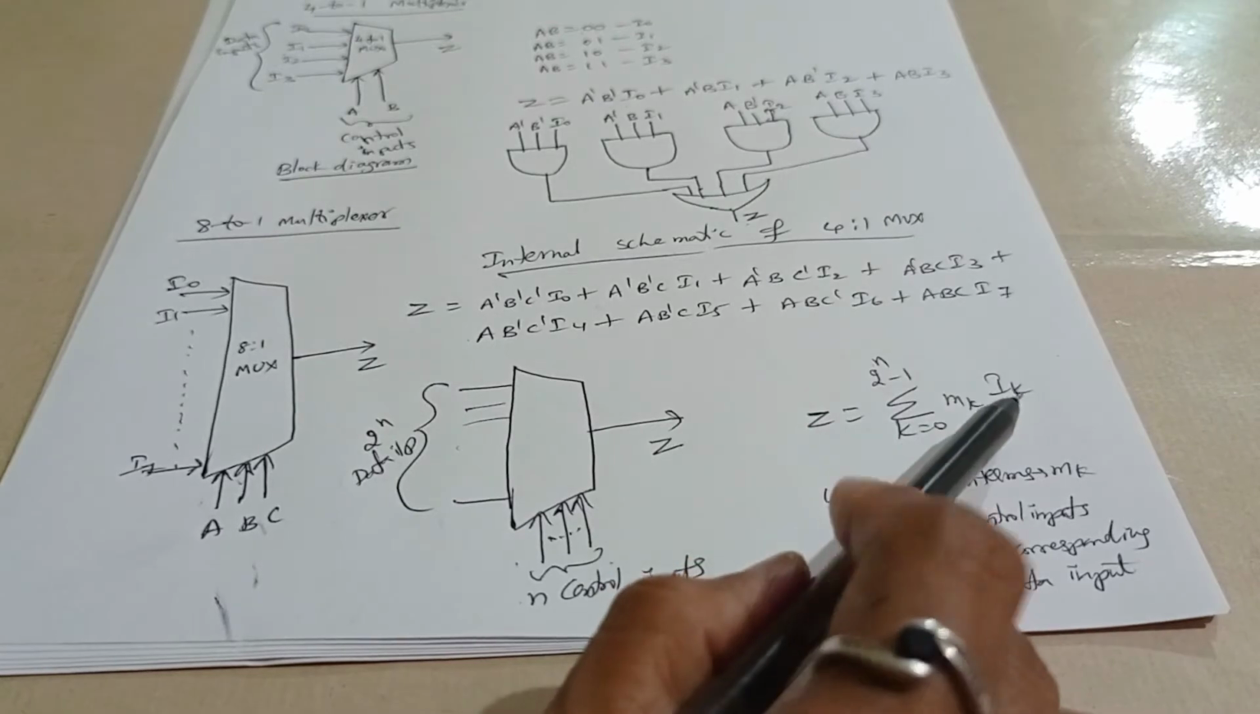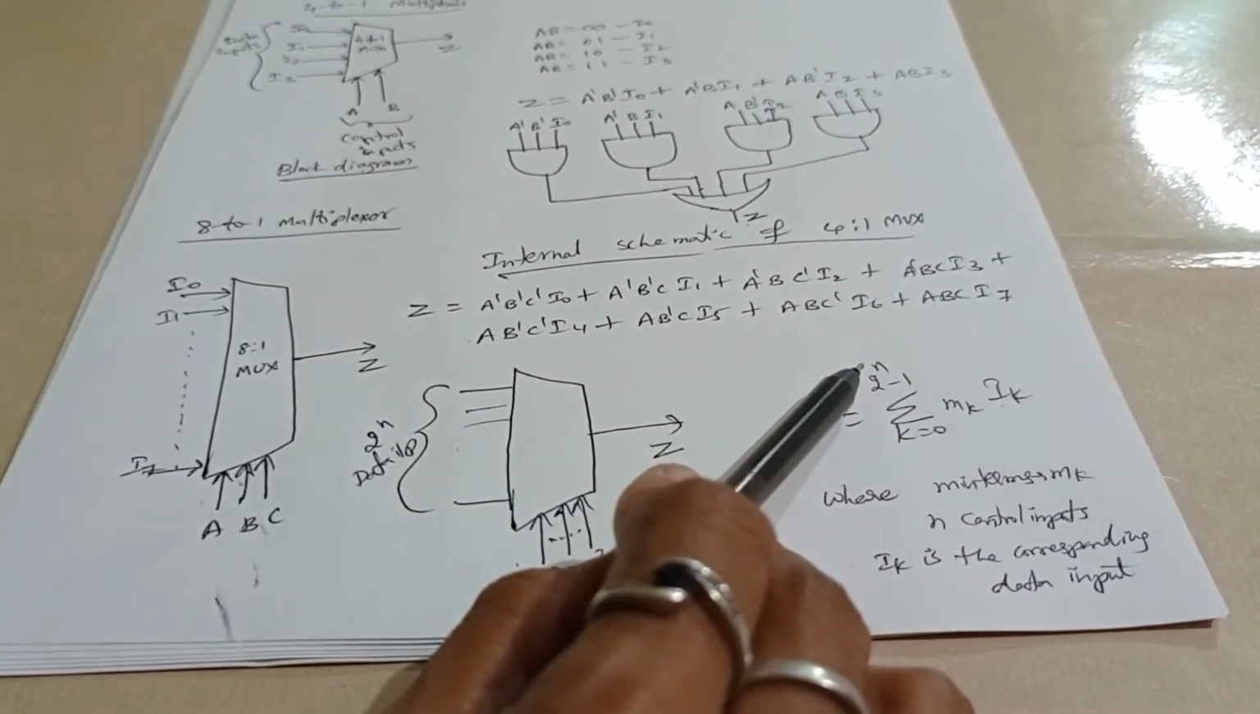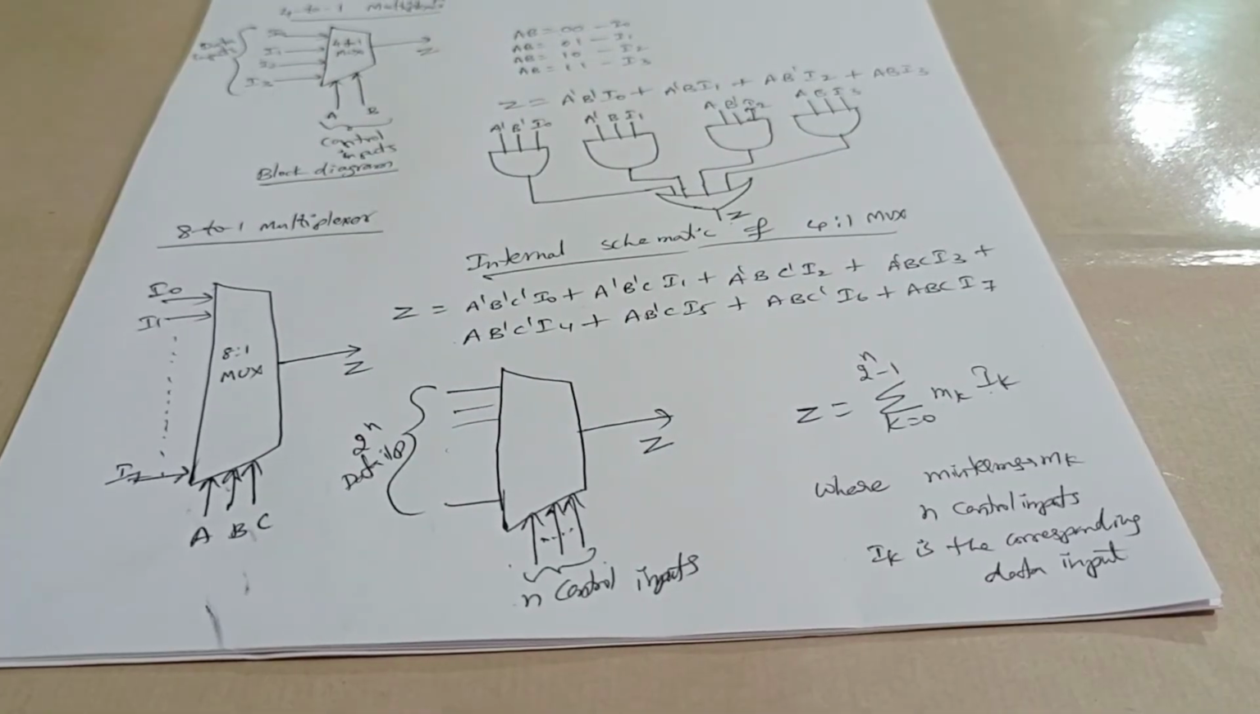Minterms, Ik means corresponding data inputs and n control inputs. Now we'll see how to implement the multiplexer for a given SOP. The SOP given is